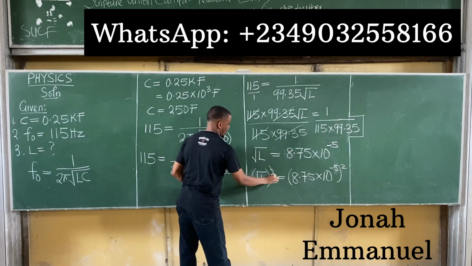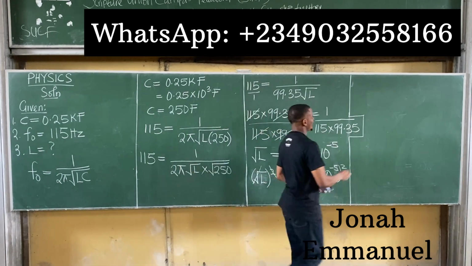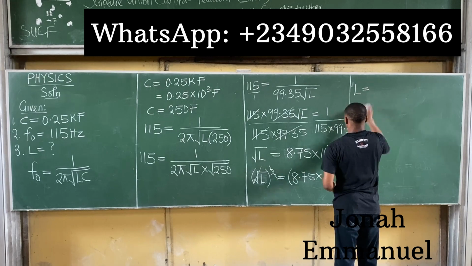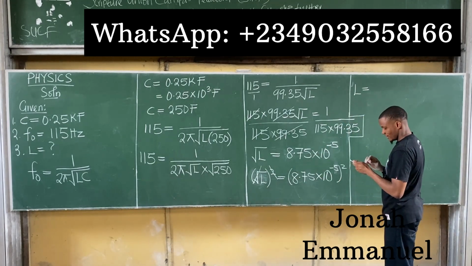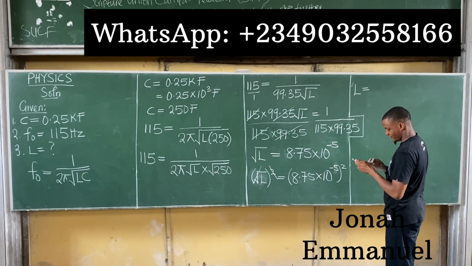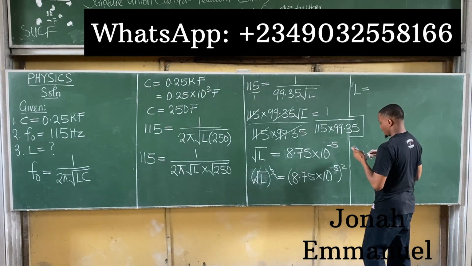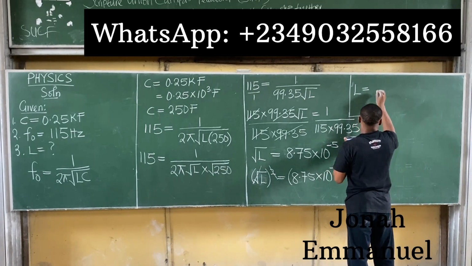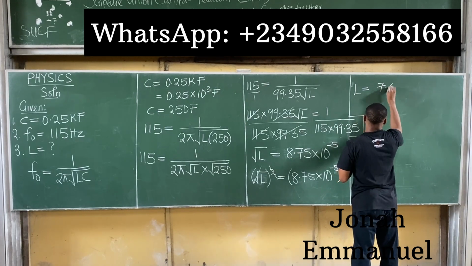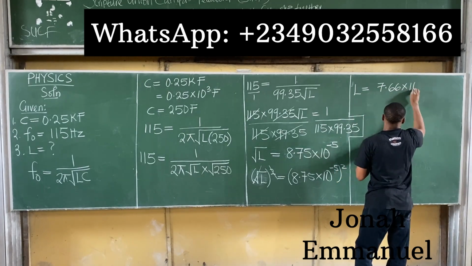So from here, square cancels square root. I'll have that L is equal to, if I square this, 8.75 times 10 to the power minus 5, all squared. And that will give about 7.66 times 10 to the power